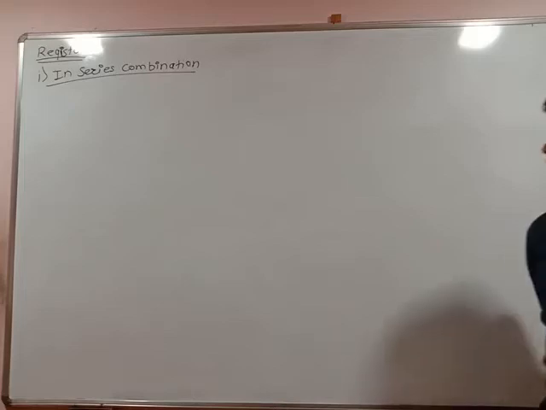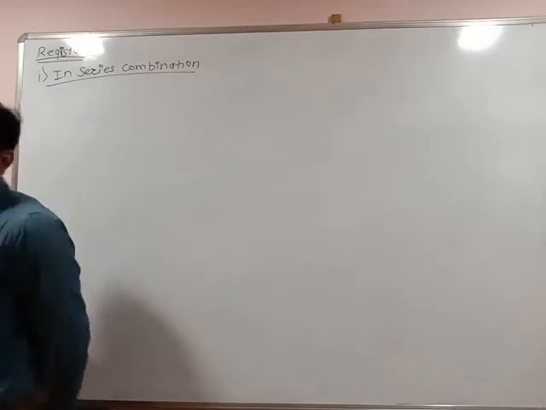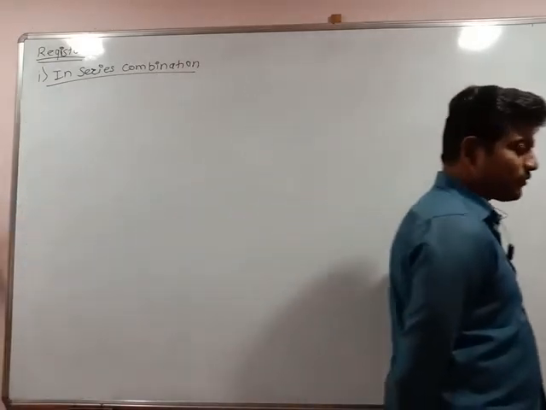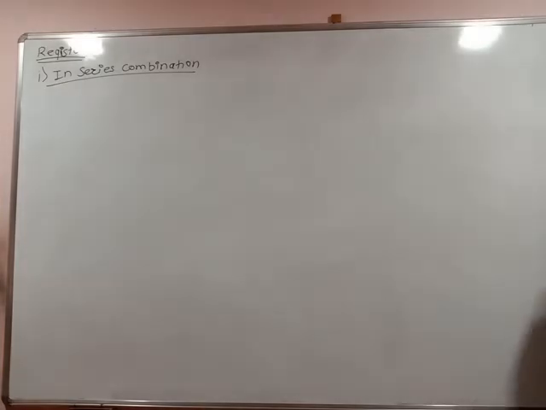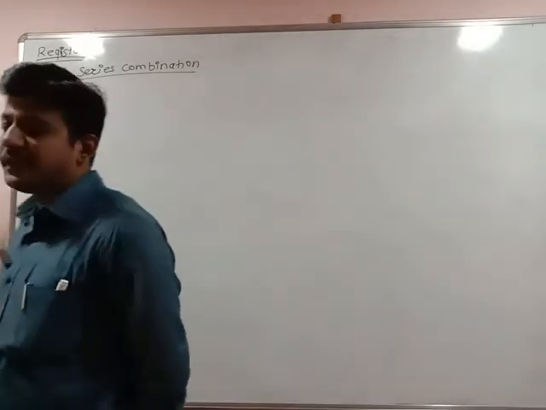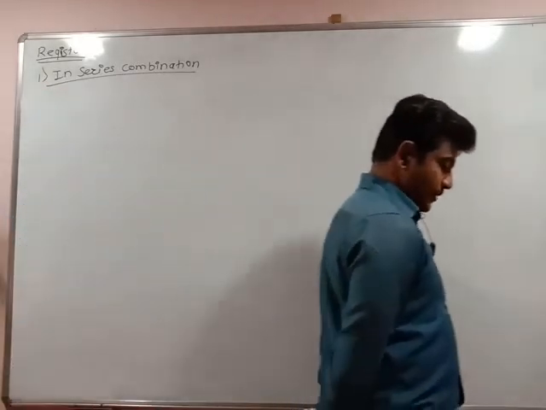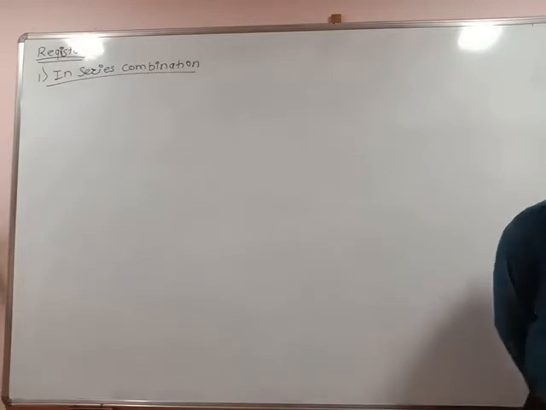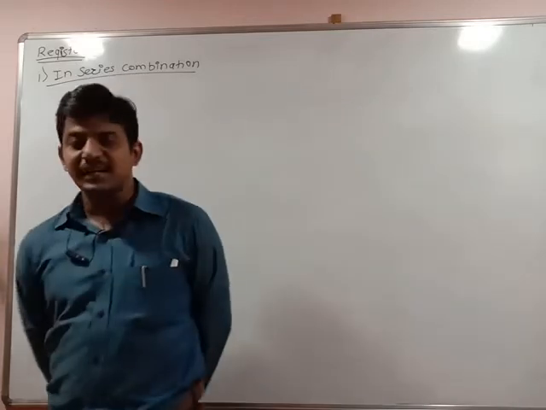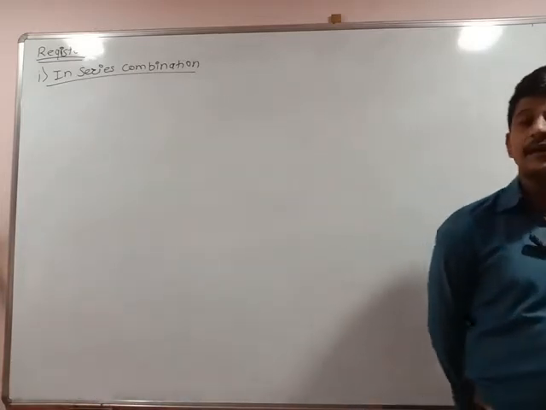Hello students, today we are going to see the next part of the chapter, resistors in series combination and parallel combination. In the last lecture we studied Ohm's law, okay? V is equal to IR, and the unit for resistance is the ohm. The resistance of a particular component or device is said to be 1 ohm only when a potential difference of 1 volt applied produces a current of 1 ampere.